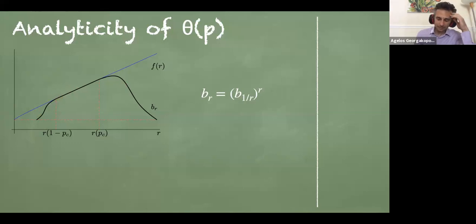Also, perhaps the 2 questions are related because we know that this branch uniquely determines that branch by that formula. So if we know there is a phase transition at this point, should we expect a phase transition at that point as well? So it suggests that perhaps there is a singularity of theta for the value of P corresponding to this point. And for a while we thought maybe that's the case, but then